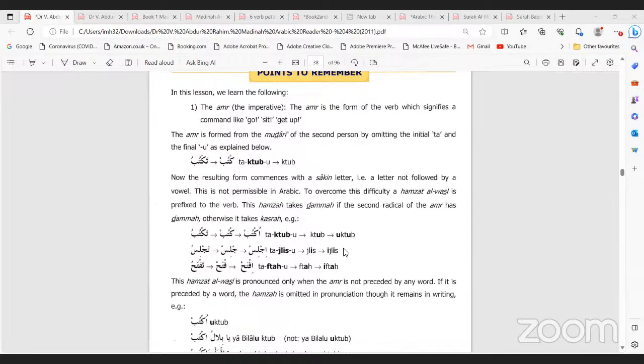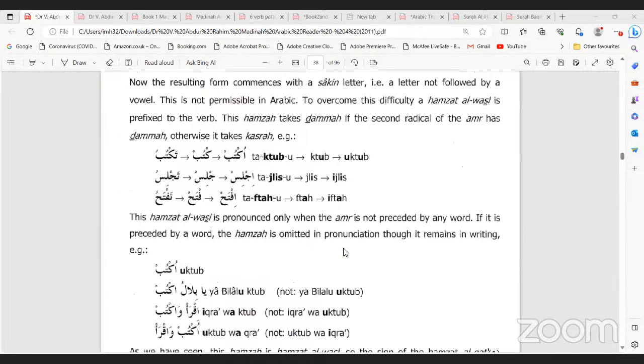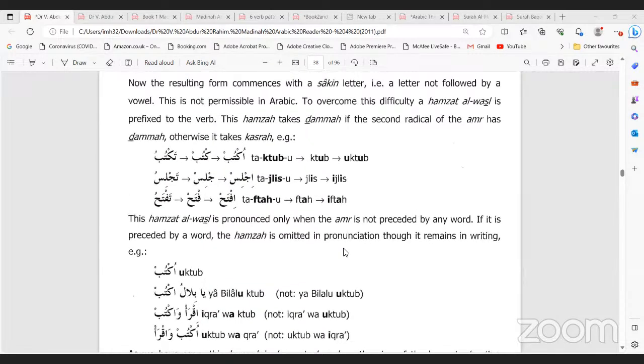Kutub, taktub, taktubu. Now the resulting form commences with the sakin letter, i.e. a letter not followed by a vowel. This is not permissible in Arabic. To overcome this difficulty, a hamzatul wasl is prefixed to the verb. This hamza takes dhamma if the second radical of the amr has the dhamma. Otherwise, it takes kasra. Example, uktub,